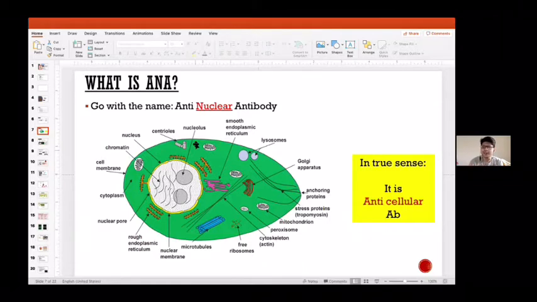Okay. And when it targets its own nucleus and cytoplasm, it becomes an autoantibody, right? That is the autoantibody concept, the autoimmunity concept, we can say. So this is a very important concept first to understand. The antibody exists in the portion of blood called serum, and it is directed against antigens which are present in the cell, cytoplasm or nucleus. But as the name was conventionally nucleus, we follow the name anti-nuclear antibody.